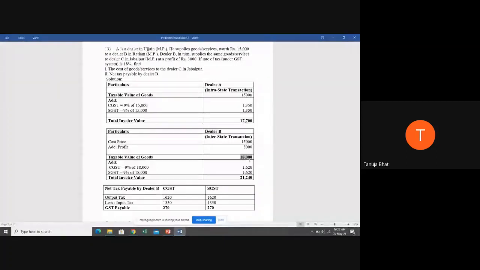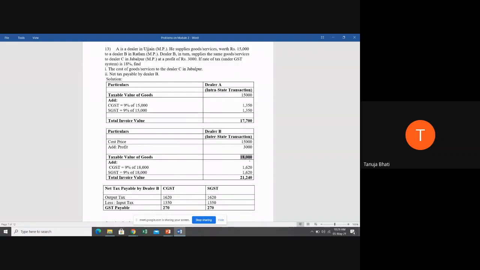Now you tell me, will they charge GST on 300, or will they say no, since my cost price is only 100, you pay tax on only 100 rupees? Obviously they will add the profit margin when selling. When the MRP fixed is 300 rupees, they will charge you GST on the 300 rupees and not on the 100 rupees, because 100 rupees is the cost to them. After the cost, they add their margin and then sell the product.